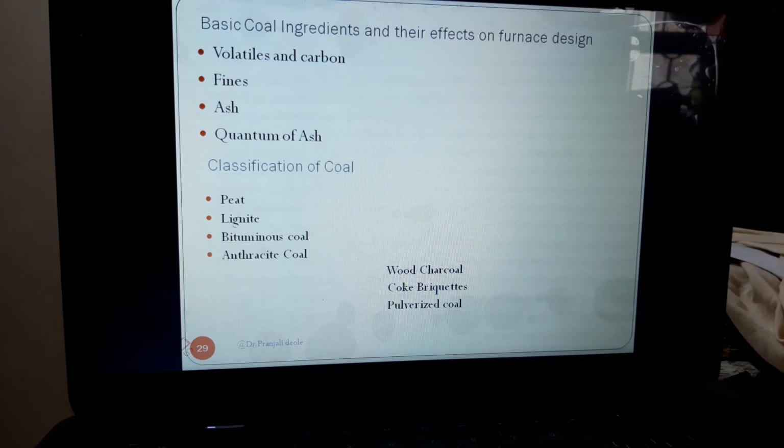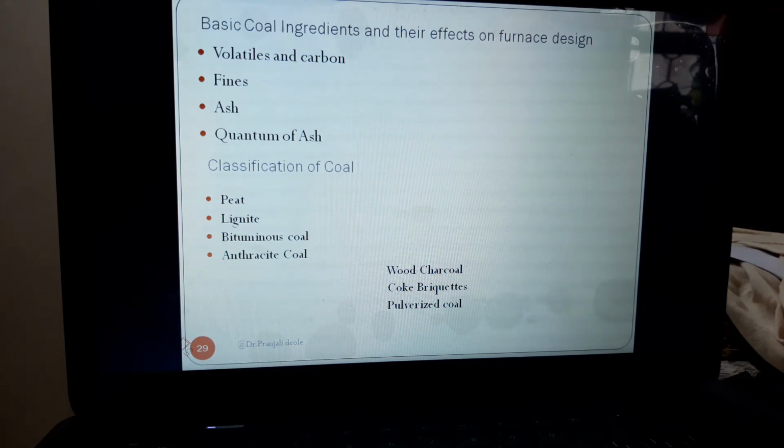It burns without flame and smoke, but it is difficult to ignite. It is non-cracking and it has minimum ash, sulfur, volatile matter and moisture content. It has highest heating value, approximately 36,000 kilojoule per kg. In India, its reserves are available in Kashmir and the eastern Himalayas, and it is used as fuel in steam